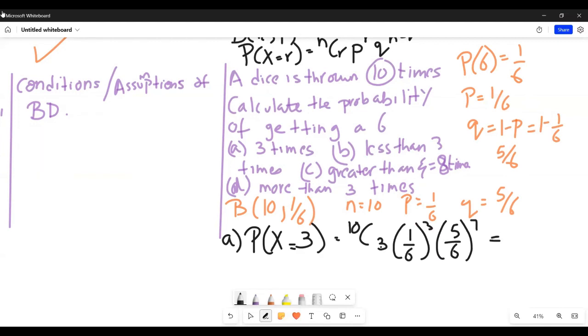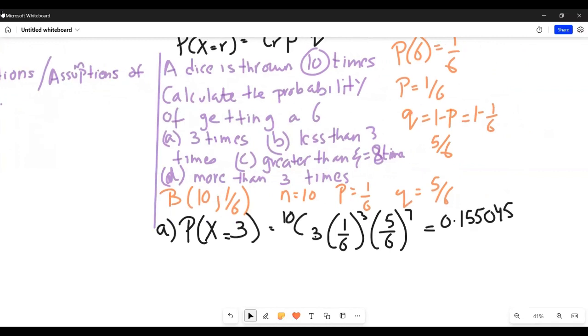This would come out to be 0.155045. So you write a long answer first, and then if it's a never-ending answer, then you round it off to 3 significant figures. Otherwise, you leave it as it is. Next part is